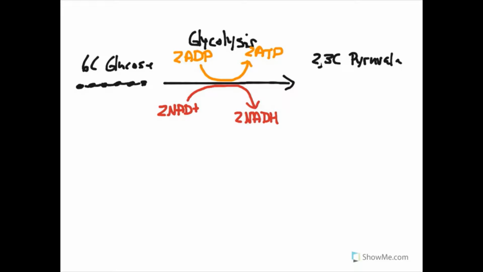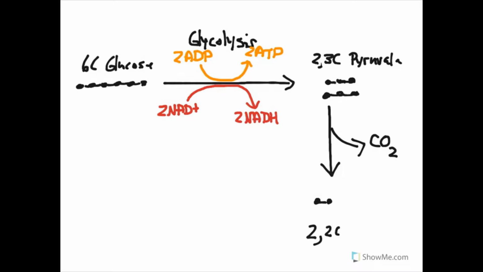And pyruvate being 2 3-carbon compounds, so let's draw those. So 2 3-carbon compounds. Now, what's going to happen to these 2 3-carbon pyruvates is there will be an enzyme. I'm not going to get into that in this video. I may do a more in-depth biochemistry video, but suffice to say there's a decarboxylase that comes in, and that enzyme will pull off CO2. And this will lead with losing a carbon, and this produces 2 2-carbon compounds called